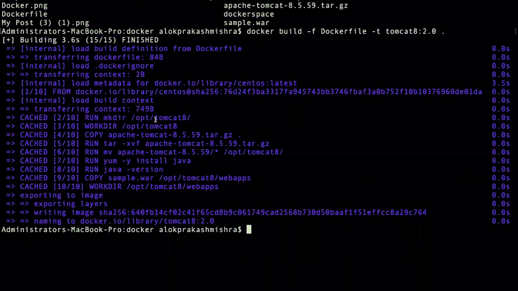Some of the layers were already there in my local. So once it is built, then docker image ls.